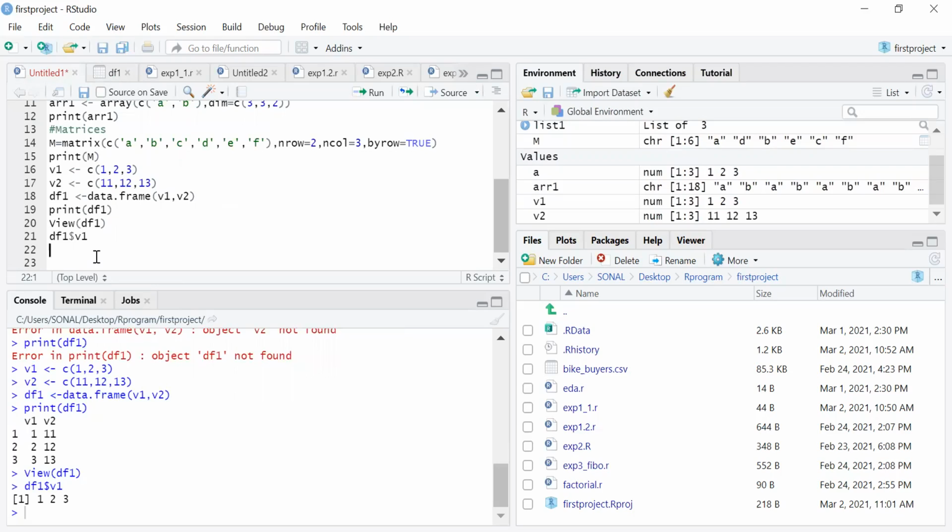Now say for example, initially I have created two columns. Now I want to create a third column and insert it. Already we have v1. Let's make v3 the third column.